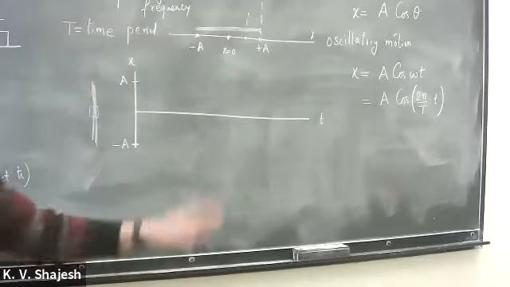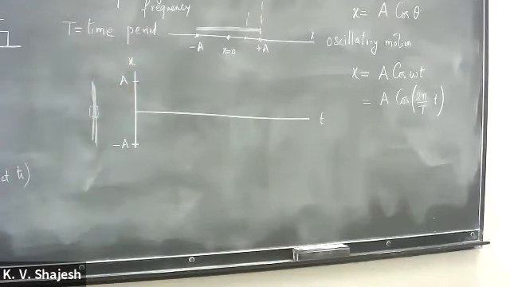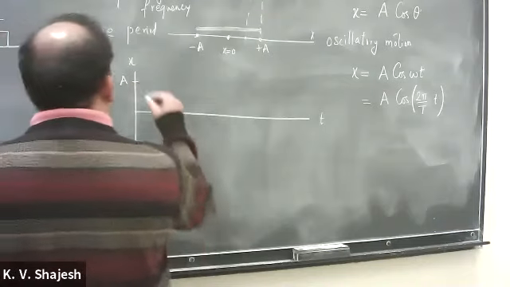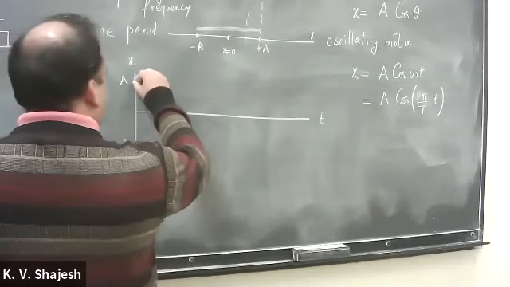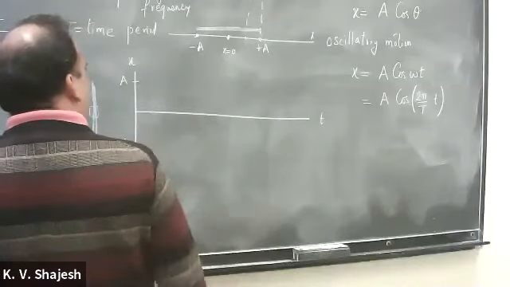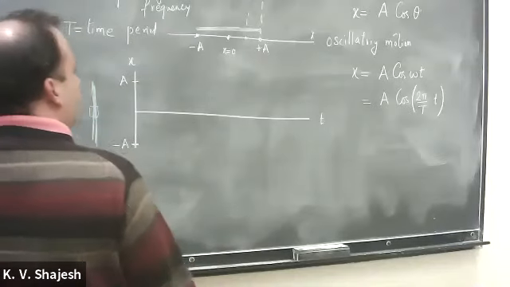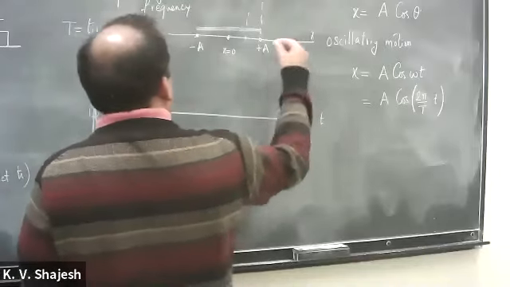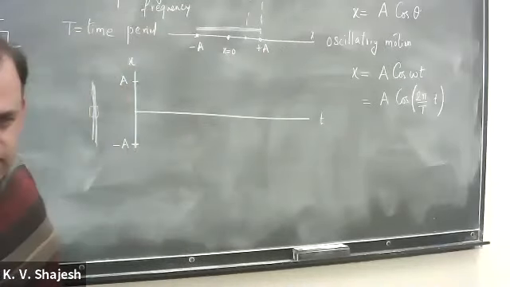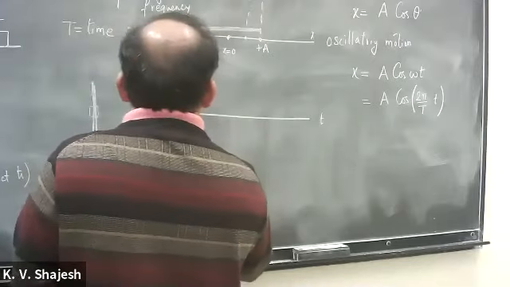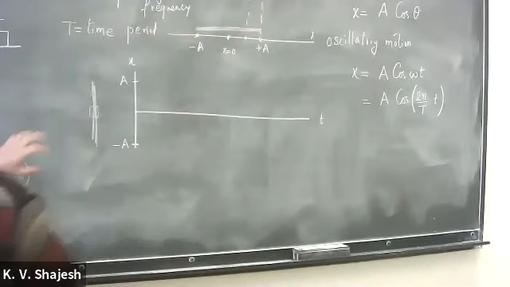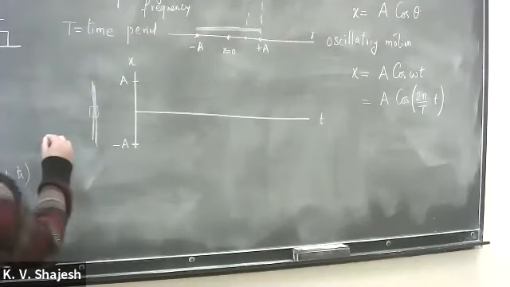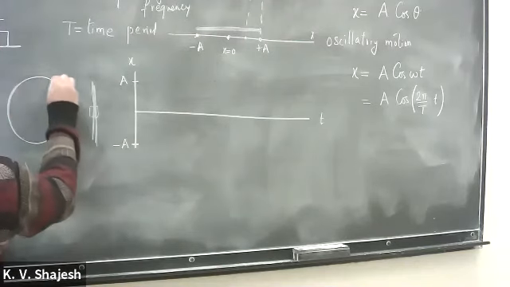But in time, you can actually stretch it out. At t equal to 0, a cosine function starts from 1, so that means it is plus a. And what happens at t equal to, let's say, time period divided by 4? In the circular motion, you cannot see it in the plane there. So this is having a circular motion also, right? So let me put this here. There is a circular motion associated with this.